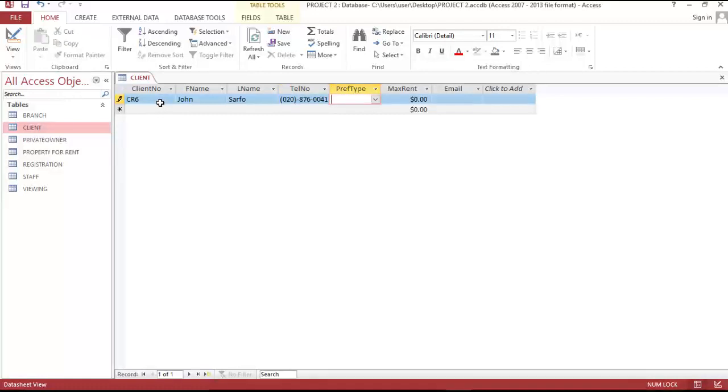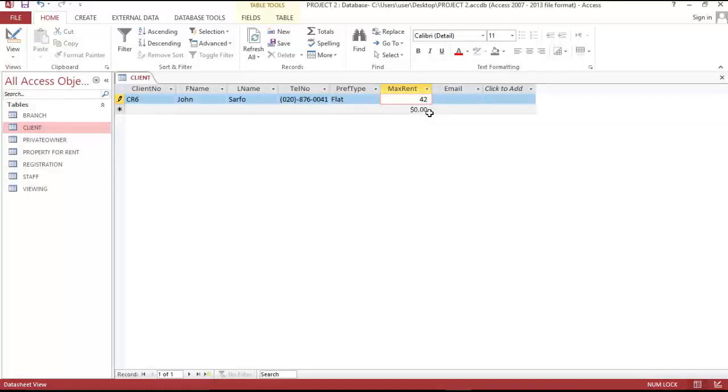Okay, and the preference type is flat. If you remember, when you were designing this table, we did a lookup for the type, and the lookup values were flat and house. So you just select the one you want, and the first record is flat. So you press your tab key,